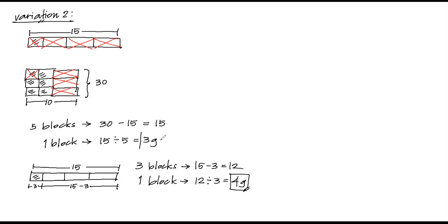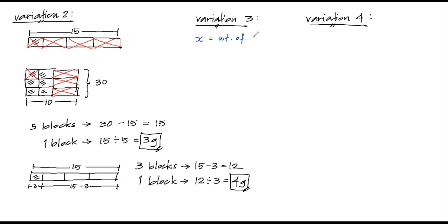So this is the advantage of using different variations so that you will be able to see the point of view of others' perspective. Okay. Now, what if I want to show you variation 3 and 4? This time we will use algebra. Okay. Now, variation 3 and variation 4. What will happen here is let x be the weight of plum.